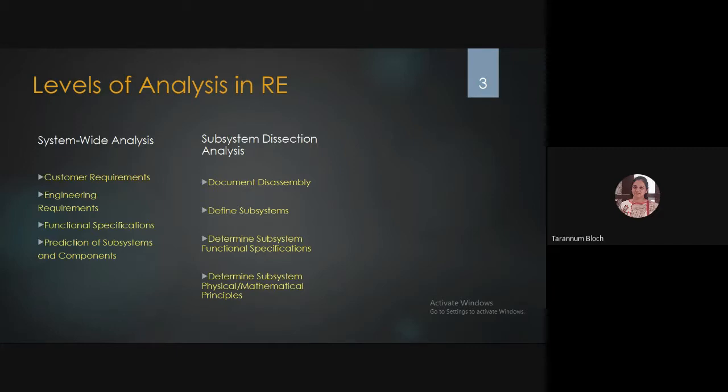Though in software systems, indirectly math is involved, not directly. And that's why if we are talking about subsystem dissection analysis, we'll be focusing, if it is data specific or database related functionality, we'll be thinking about detailing of what could be the SQL queries for achieving this subsystem.